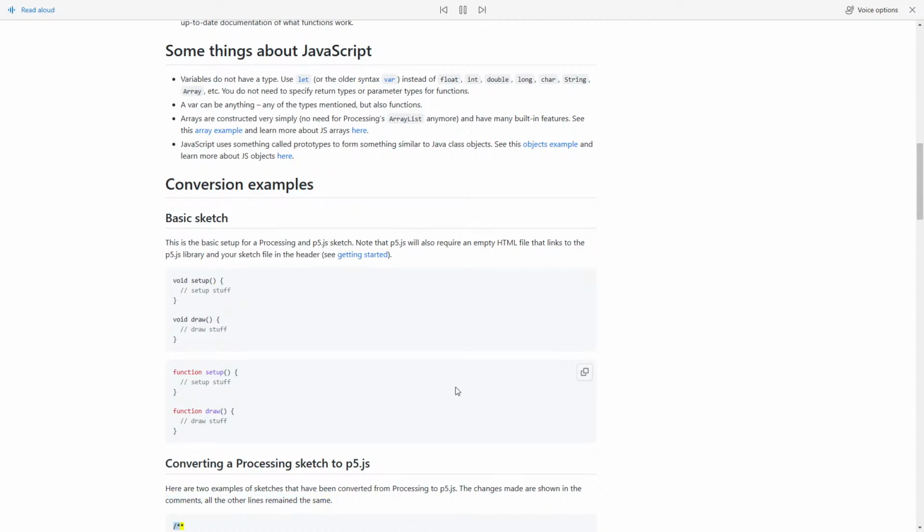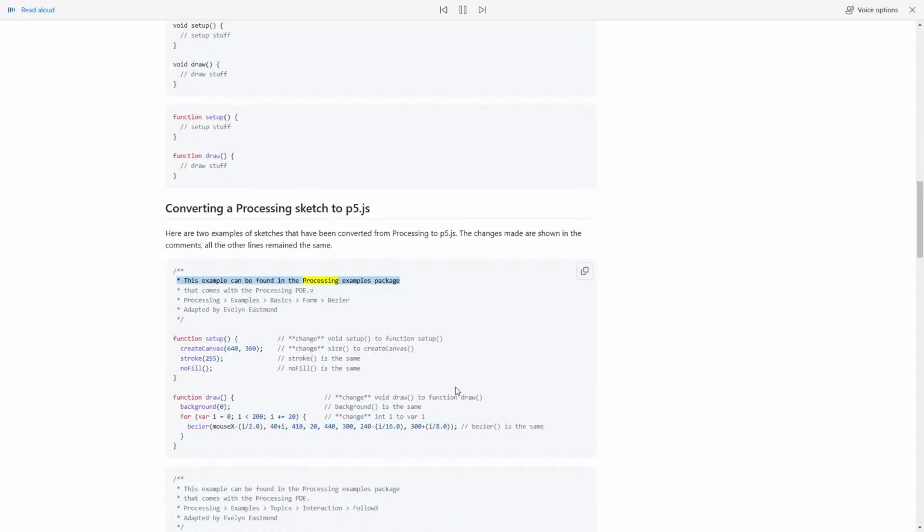/***** This example can be found in the Processing examples package that comes with the Processing PDE. Processing examples, basics, form, Bezier. Adapted by Evelyn Ismond. function setup() { // change void setup to function setup. createCanvas(640, 360); // change size to createCanvas. stroke(255); // stroke is the same. noFill(); // noFill is the same. function draw() { // change